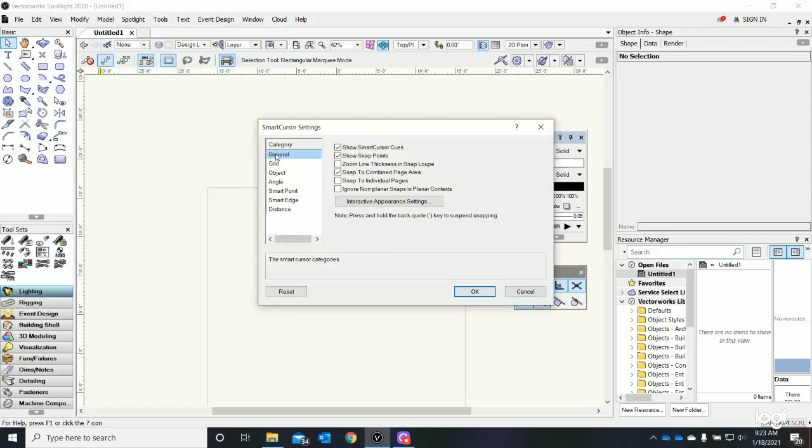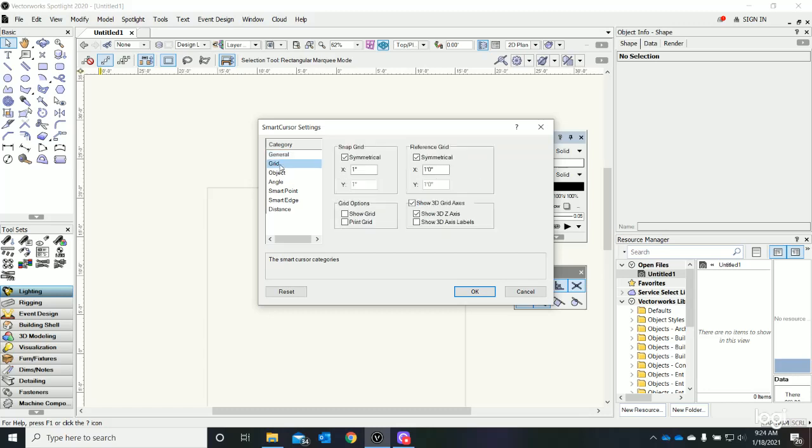into our general. So within our smart cursor settings, we have show the smart cursor cues, which are the little boxes, show snap points, and show combined page area. I don't even know what that means, but I would just leave it checked. When in doubt, I would leave things checked, right? So this is the way it should appear natively. You shouldn't have to change anything here. We do have a couple of things that we may want to adjust over time,